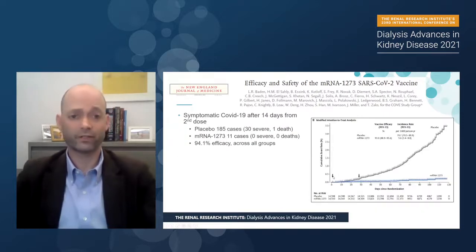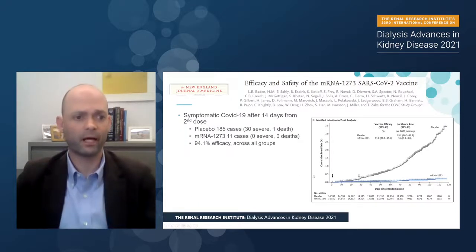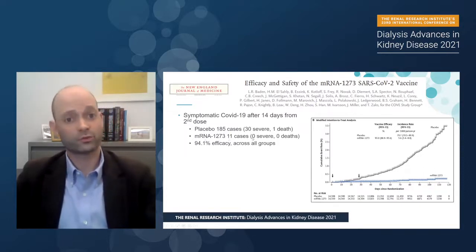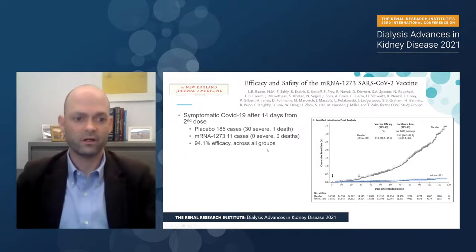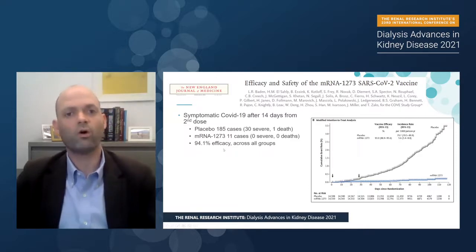And in terms of efficacy, again, similar primary outcomes: symptomatic COVID-19 after 14 days from the second dose. Placebo had 185 cases, 30 of which were severe, and 1 case led to death. In the mRNA vaccine group, there were 11 cases, none of which were severe, and there were no deaths. Again, remarkable results in terms of vaccine efficacy, up to 94%, and this was translated across all the groups